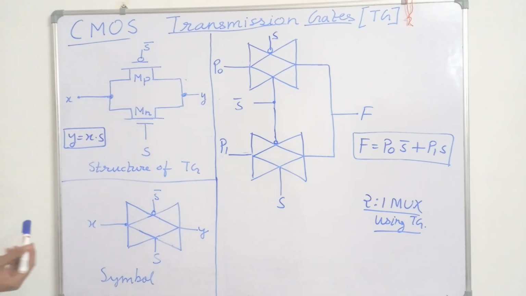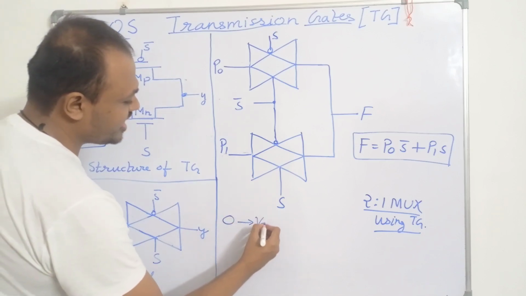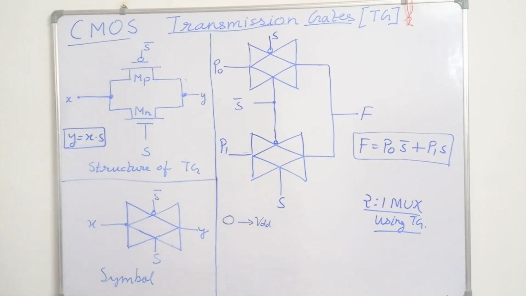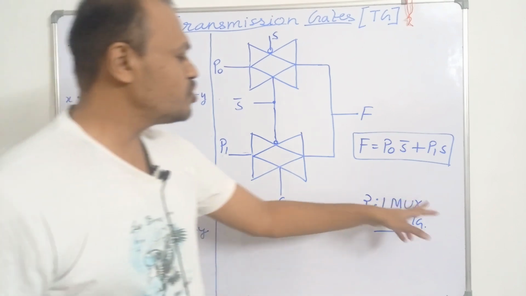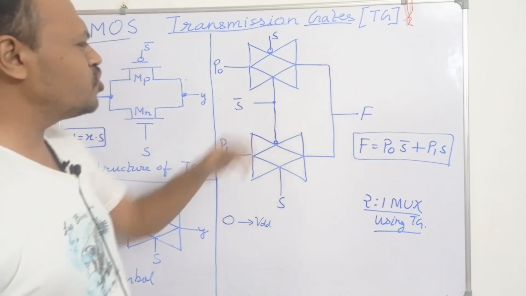So this is the only drawback of the transmission gates. Obviously the transmission gates are a very good circuit and they act as a bidirectional switch. The transmission gates act as an ideal switch and they can transmit the entire voltage range from 0 to VDD from input to the output. They are used for realizing combinational circuits also, like this 2:1 mux. This 2:1 mux is made using two transmission gates.